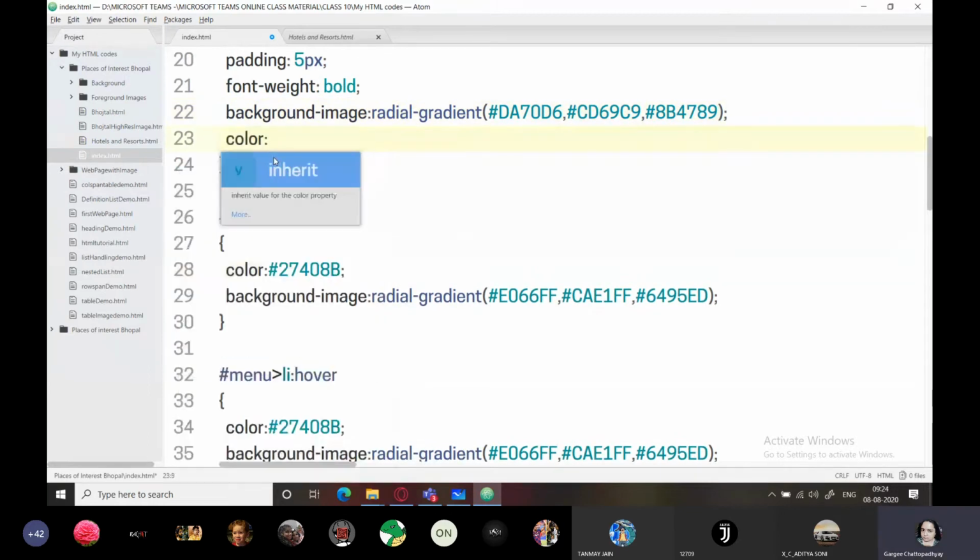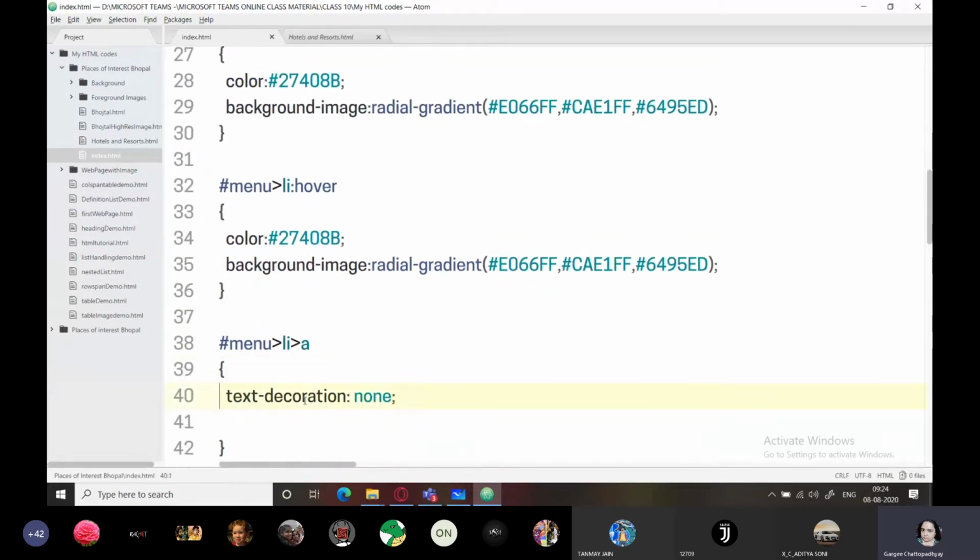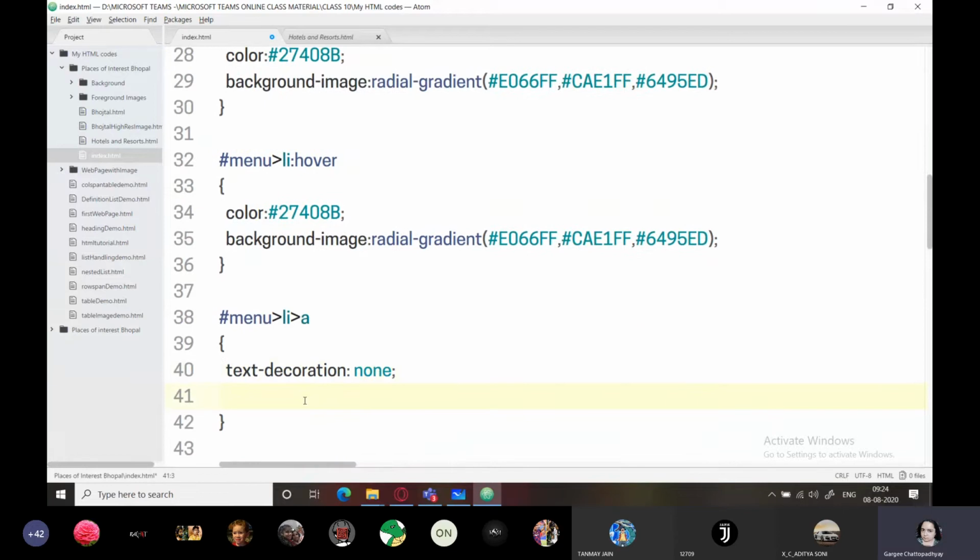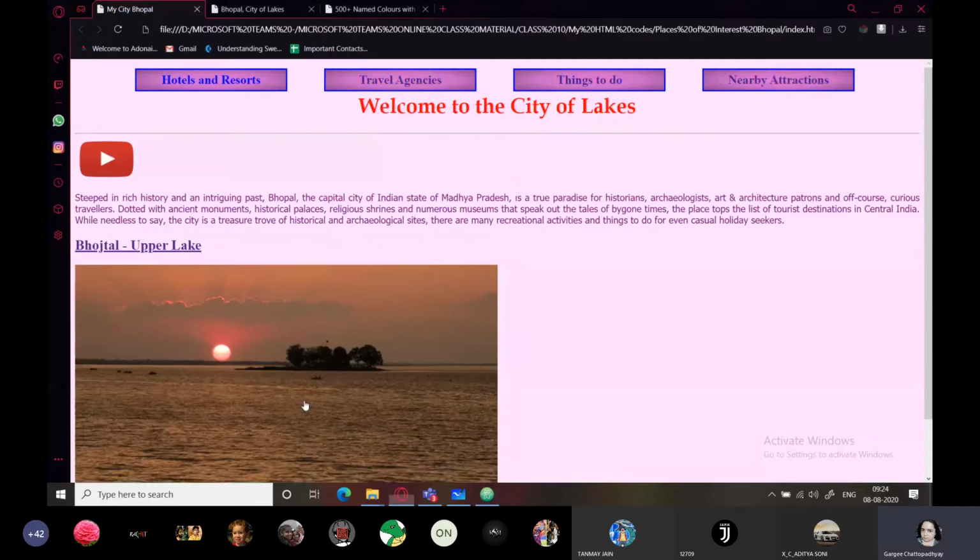We will add a color attribute over here and give it a simple color, that is blue. And when I come down over here, this also I'm going to specify the color as blue. Yes, so now it is working according to my requirements.